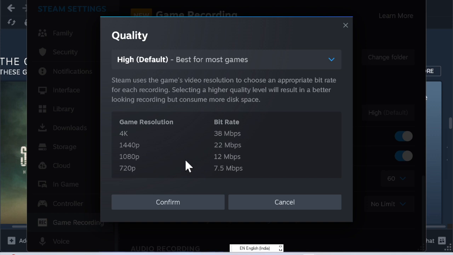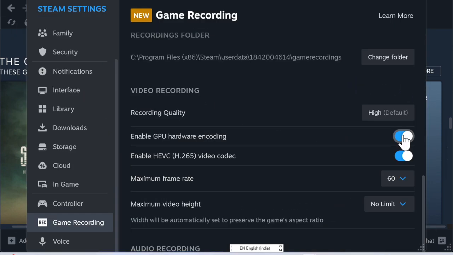Recording quality. Choose the quality of your recordings, whether you prefer higher resolution or smaller file sizes. GPU hardware encoding. Enable or disable GPU hardware encoding to improve performance, especially for lower-end systems. HEVC video codec. Toggle this option on or off depending on your preference for more efficient compression and smaller file